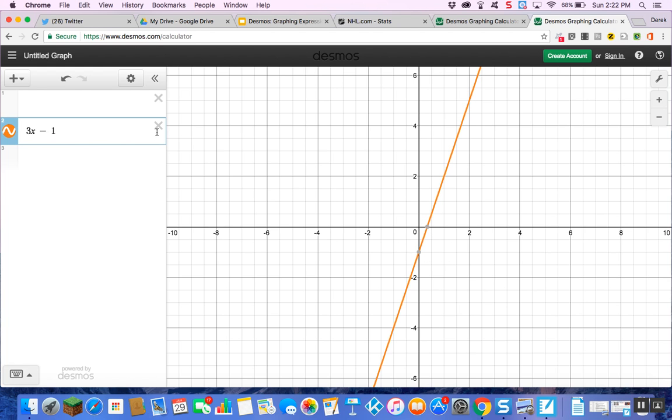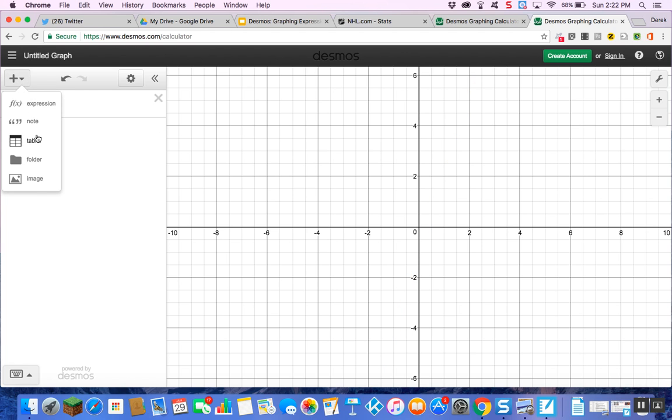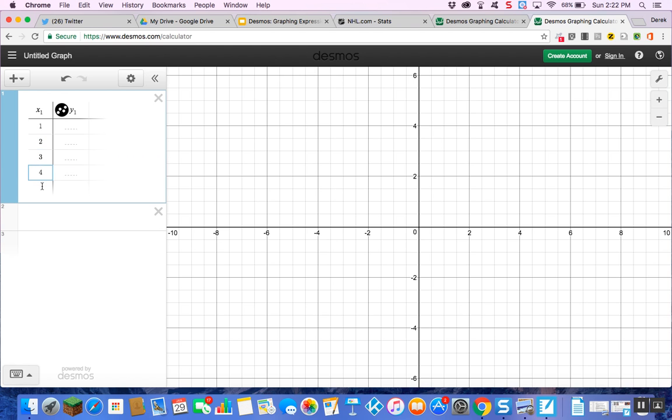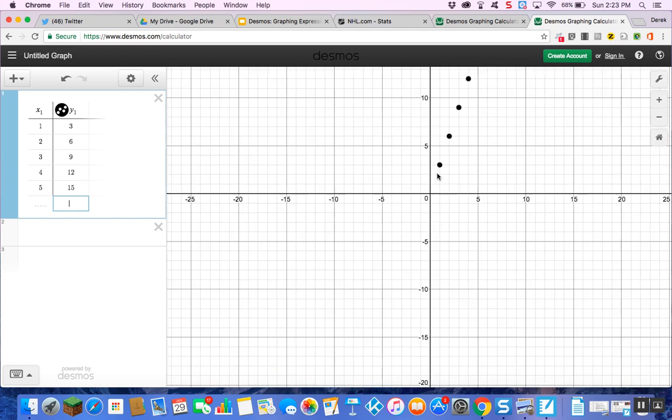Now let's just say you were only given a table of values. What you can do is hit the add item and insert a table. And here you'll be prompted to enter in term numbers. So term 1, 2, 3, 4, and 5. And then let's just do something simple, basically x times 3. So our second term number will be 6. Times 3, 9. Times 3, 12. Times 3, 15. Okay. So now you can see the relationships that we are graphing,